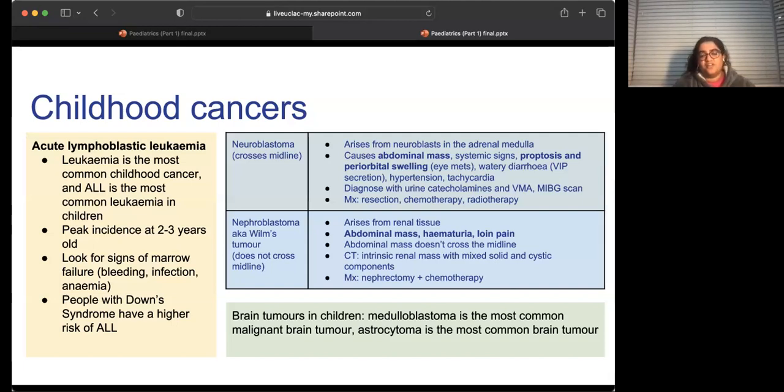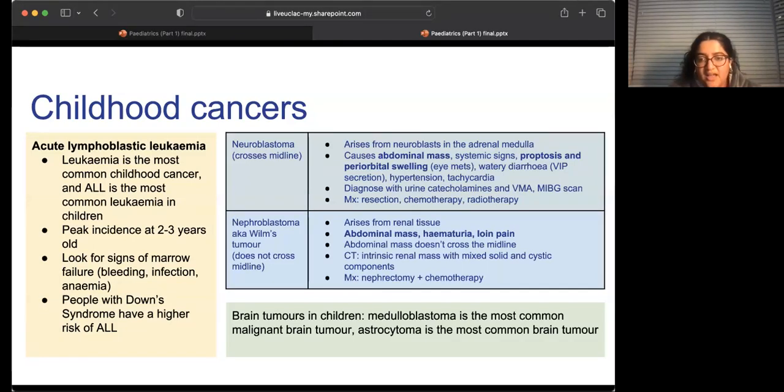So briefly covering the other cancers that can come up. A neuroblastoma is basically a cancer that comes from the adrenal medulla. It crosses the midline. That's really important to remember because that's how you differentiate it from Wilms tumor, which does not cross the midline. And in neuroblastoma, think of it as the cancer of the catecholamines. So you've got all this fight or flight stuff going on, all this sympathetic activity. So it causes